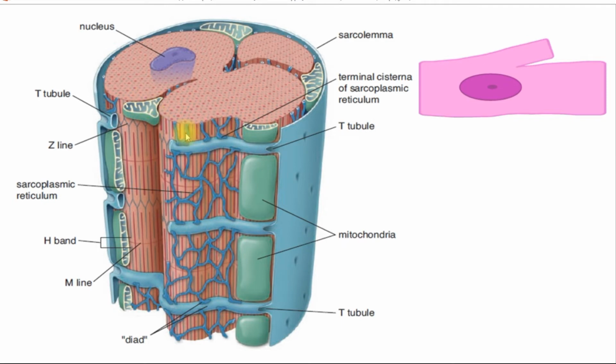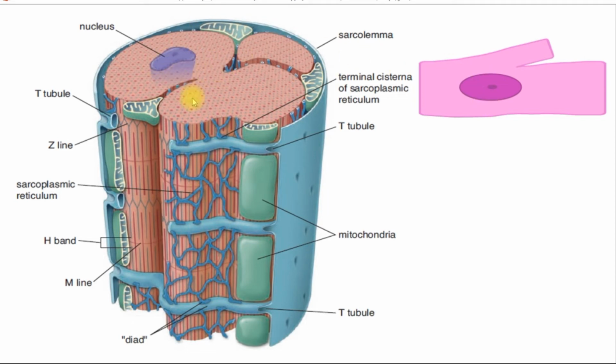And here we can see myofibril and also cardiac myocytes. They have sarcoplasmic reticulum, which is very similar to those in the skeletal muscles, and myofibrils are present here. And there are numerous mitochondria, which also are necessary to provide energy for the cardiac muscle. A feature of the cardiac muscle is the presence of the nucleus inside the sarcoplasm of the cell, not under the cell membrane,